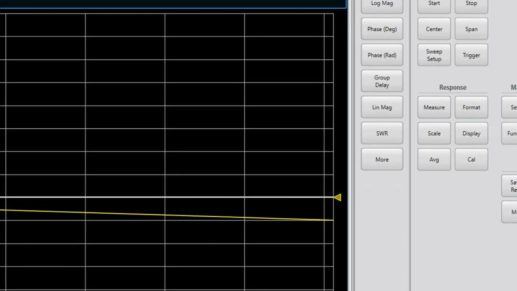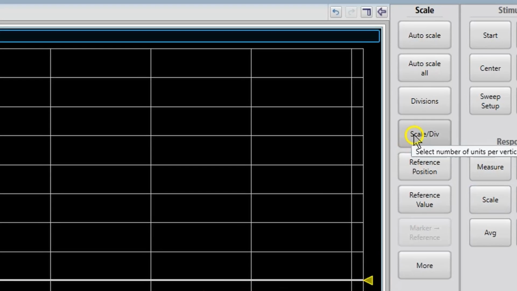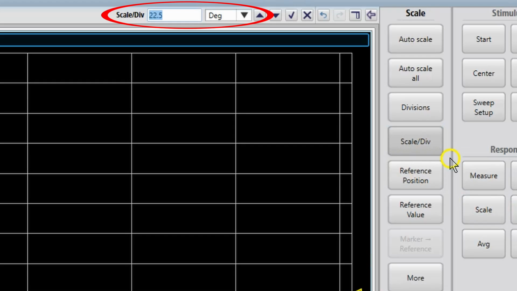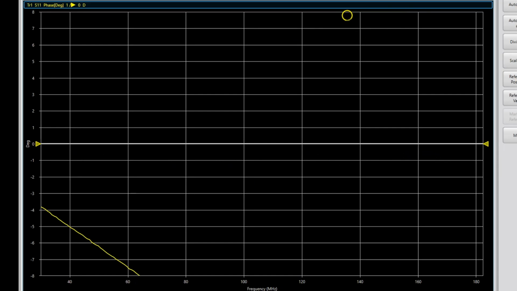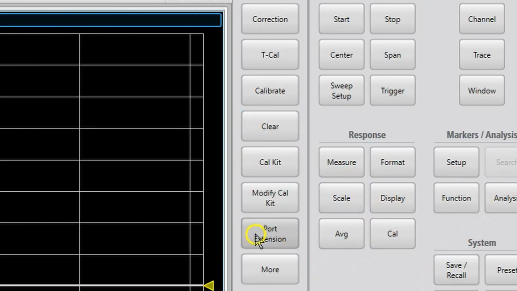And you can see the significant difference here. The phase is anything but 0 across the whole thing here. We're going to go to scale. I'm going to change the scale to 1 degree per division. Now you can really see it. So now we're going to go to Cal, port extension,